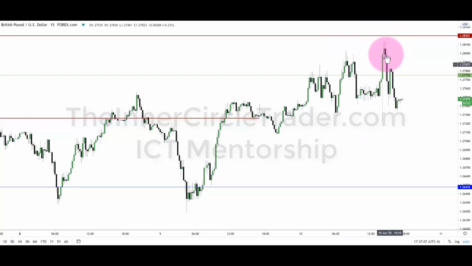They do sweep the 128 big figure, but it's only on a 10 pip basis. It's very shallow, and they broke it down here. So to me, it looks like they're enticing shorts. And if it does, okay, if it does go lower,